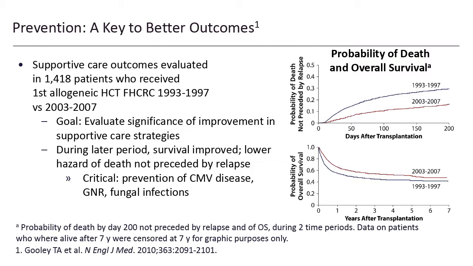And I can think of no better study to demonstrate this than the one that Ted Gooley led and published in the New England Journal of Medicine in 2010, and that is the Hutch experience. This was about 1,400 patients over 2 cohorts in time, and the goal was to evaluate the significance and improvements in supportive care regimens, of which one factor was significant infectious complications. And the primary finding was an improved probability of survival here in the latter time period with an associated less